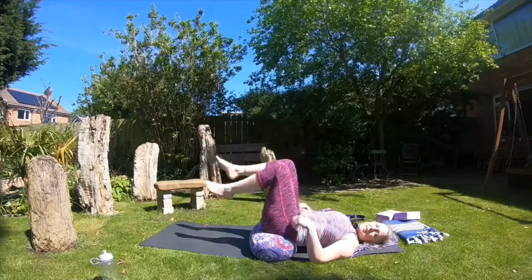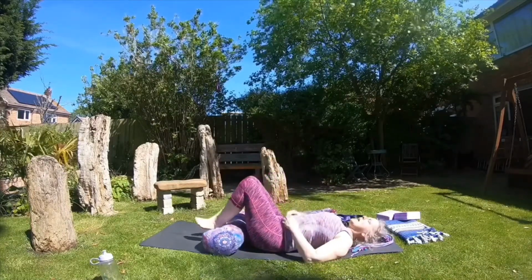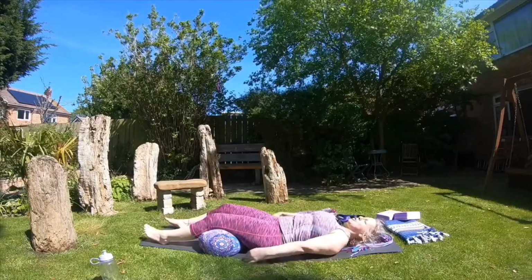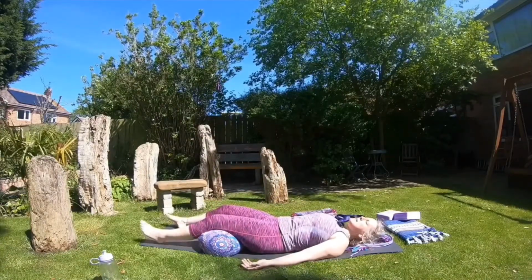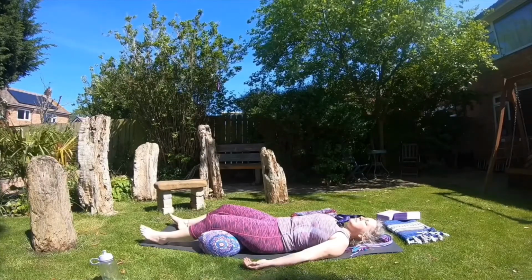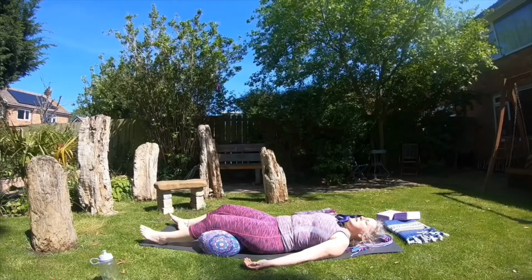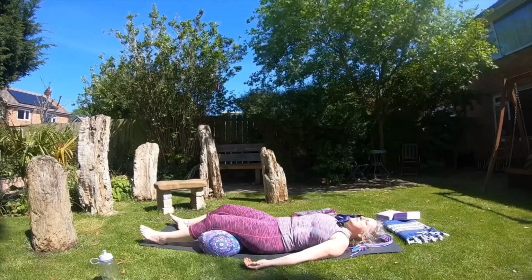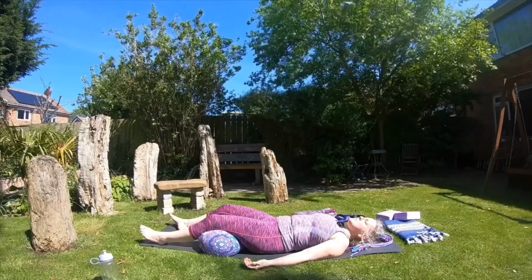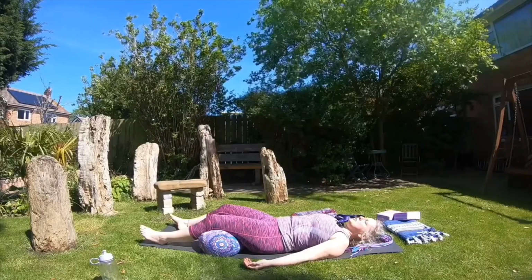As you're ready, remove that bolster from under the sacrum and just allow it to roll to under the knees for a supported Shavasana. Arms down by your side, palms turned upwards. And allow your body just to sink into the mat, giving the nervous system time to assimilate the information from your practice,